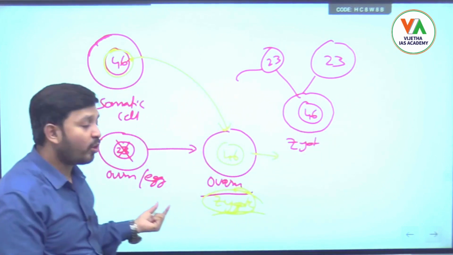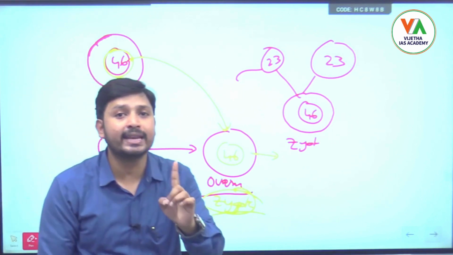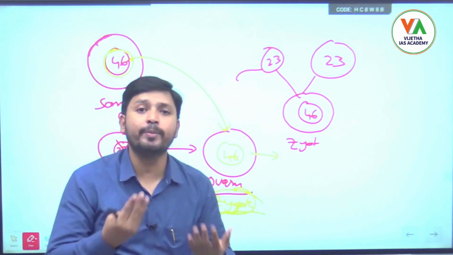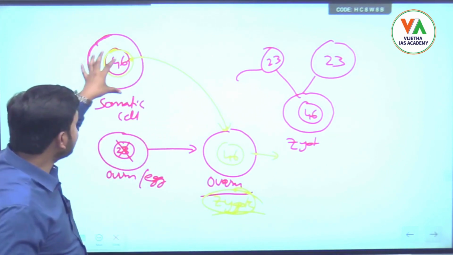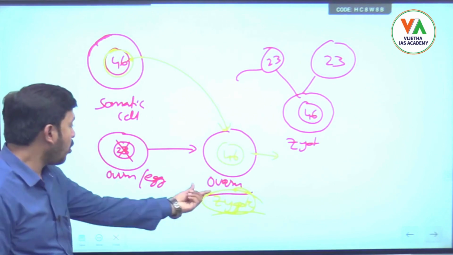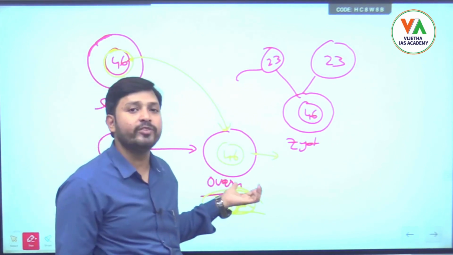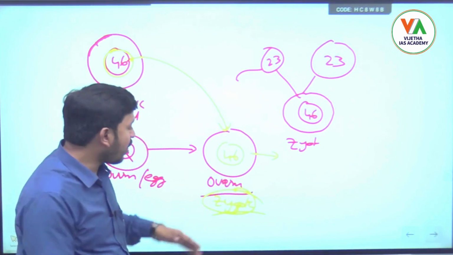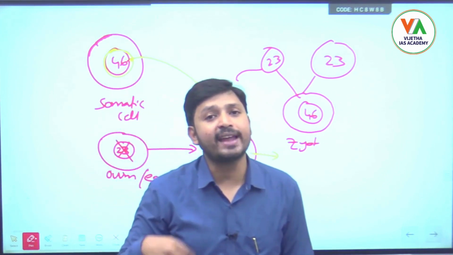But in this case, what is happening? All these 46 chromosomes are taken from a single person's cell, right? Meaning it is taken only from my skin cell. Meaning all the 46 chromosomes will be of my own genetic genes, right? So once these are transferred into this ovum, after discarding the nucleus of this ovum, in the lab we will apply some chemical reactions in such a way that this ovum itself will now act as a zygote. Okay, once it is acting as a zygote, it will start multiplying, right?